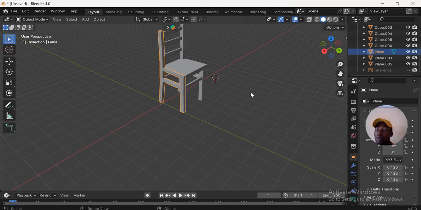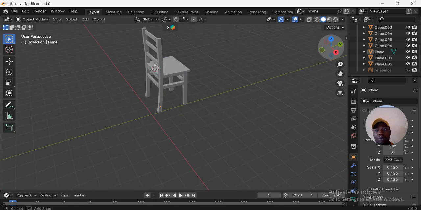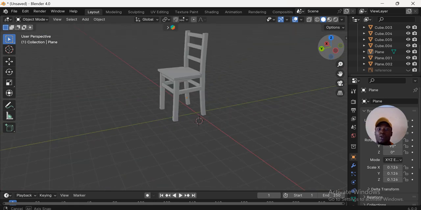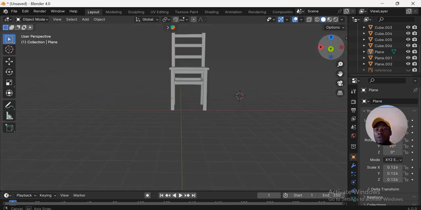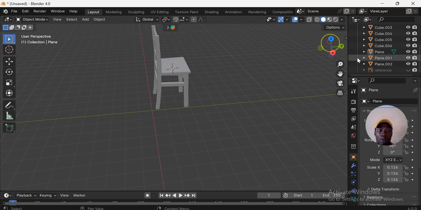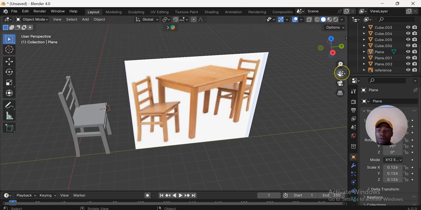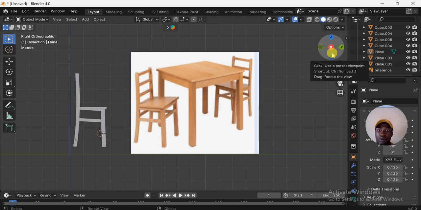So I go back to object mode. I'm done with the chair now. You can see, very simple. So we are going to be doing more of simple objects like this. So right now let's create the table with it. We bring back our reference and we set our viewport. So this table is not going to take much of our time. All we just have to do is